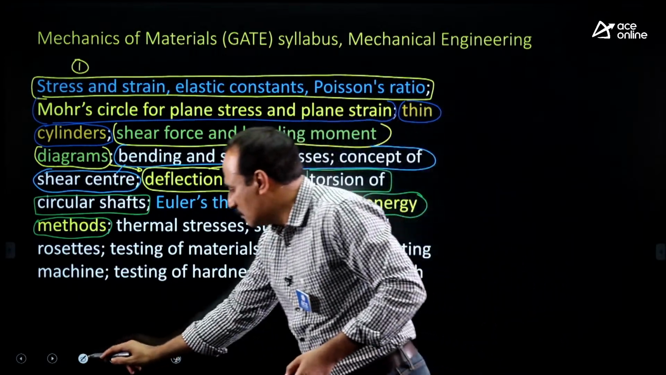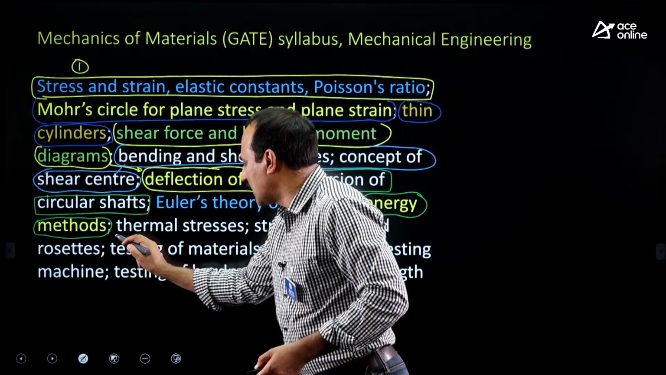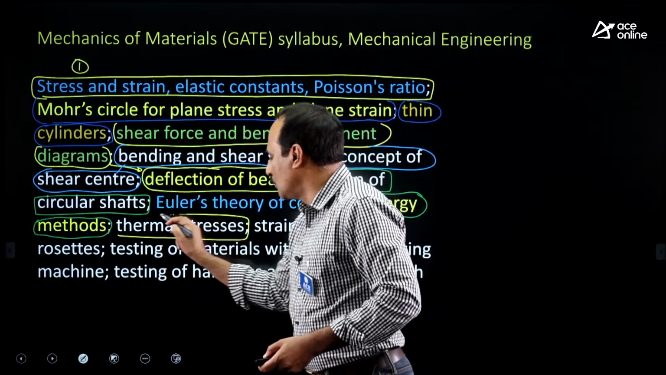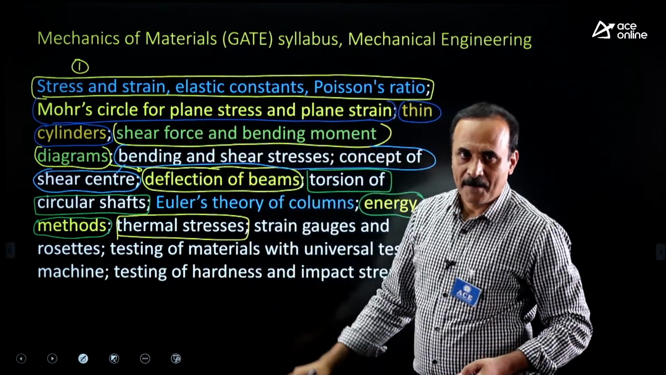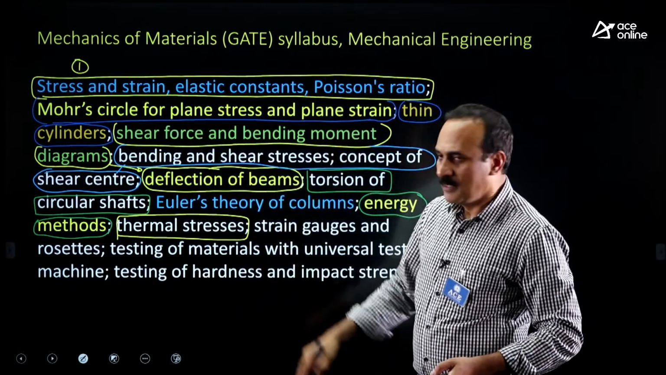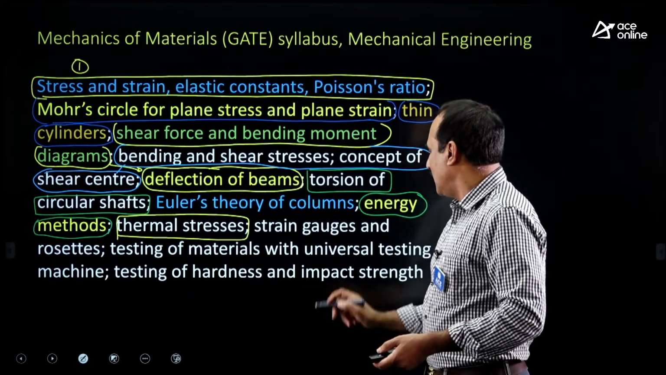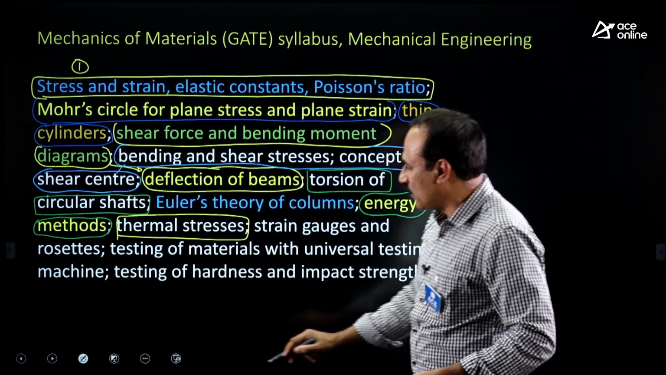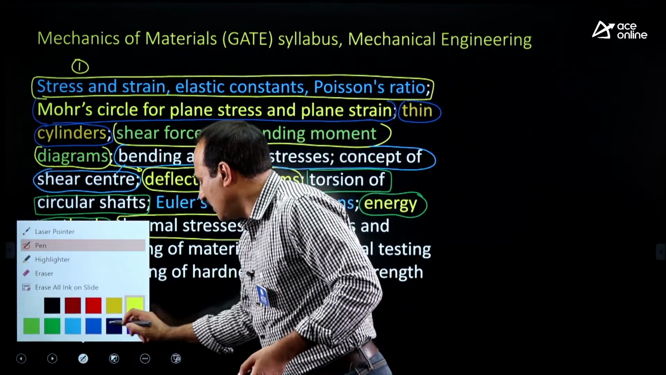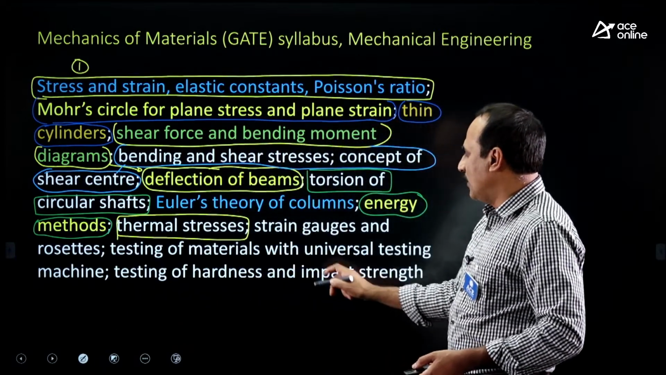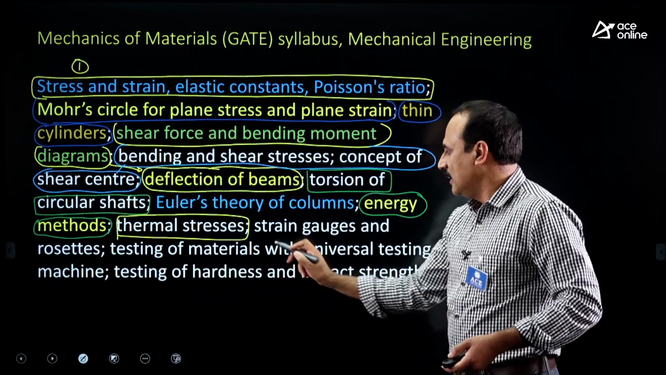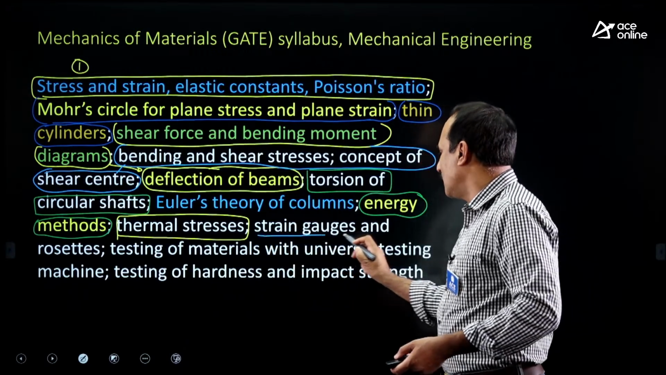Thermal stresses is specially mentioned here. That's why questions are coming exclusively on thermal stresses. This is a part of our first chapter: simple stresses, temperature changes. And strain gauges and strain rosettes are extra area given to the mechanical people. These are all extra. Whatever is given in white, which is not underlined here, I am underlining with the blue color now,